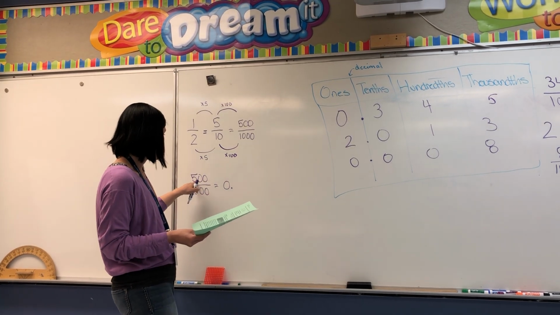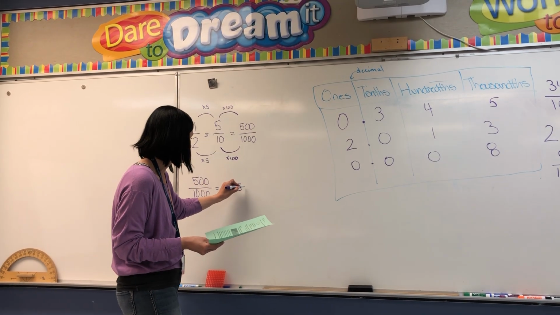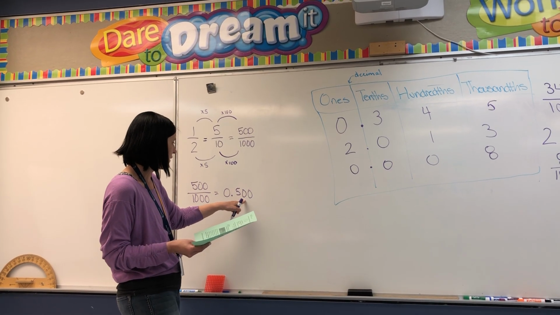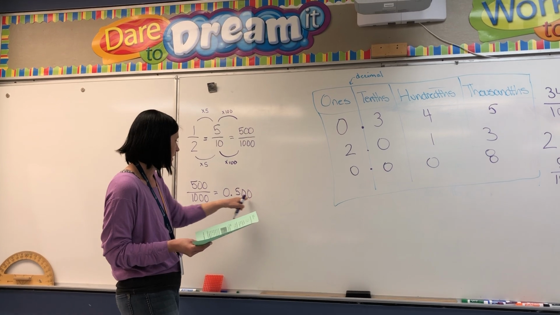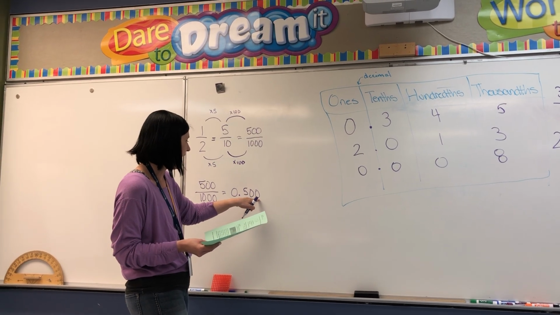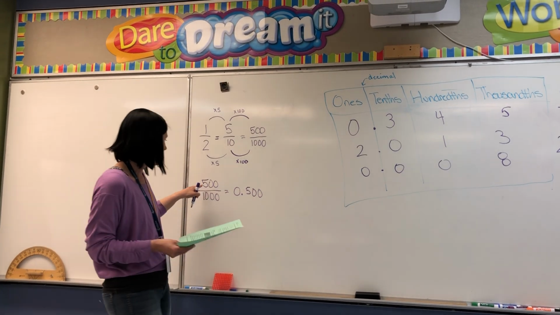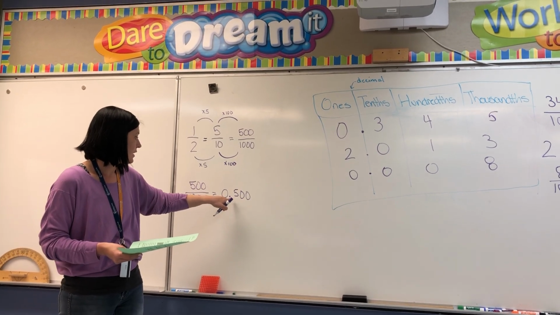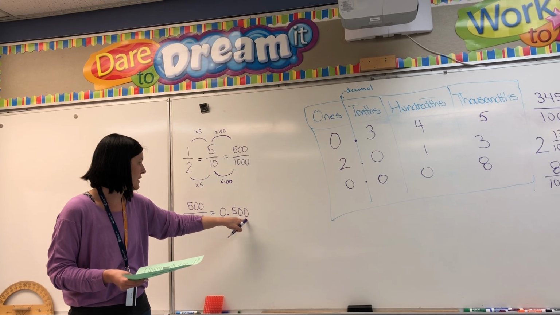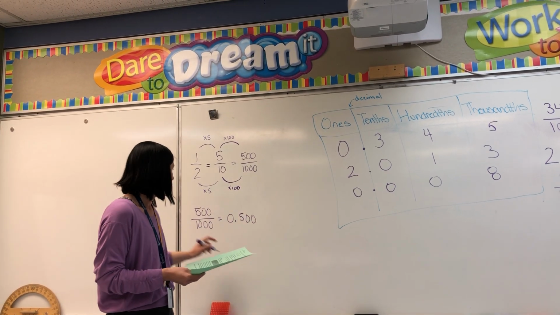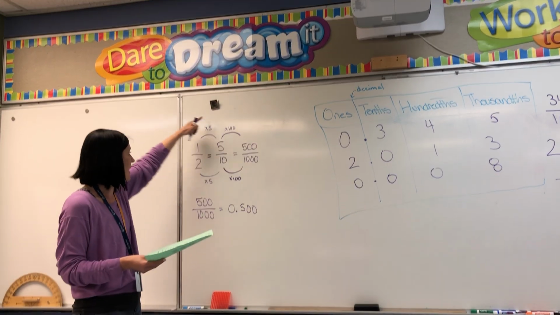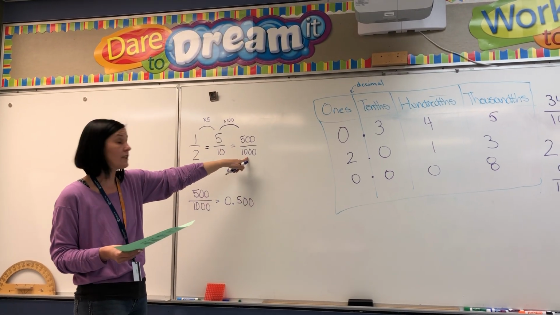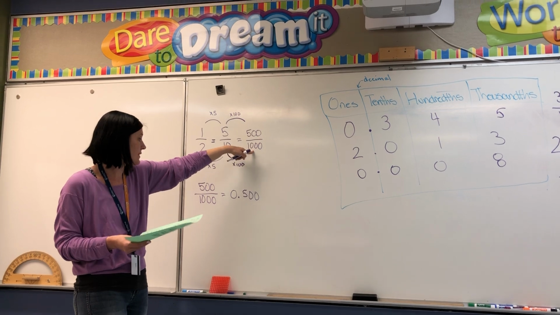Okay, so that means the 5 has to go in the tenths place, because we want, here's our tenths, here's our hundredths, and here's our thousandths. So this is 500 thousandths. So that means that this fraction is 0.500, okay? Which also then means, because we said 1/2 is equal to 5/10, which is equal to 500/1,000ths,